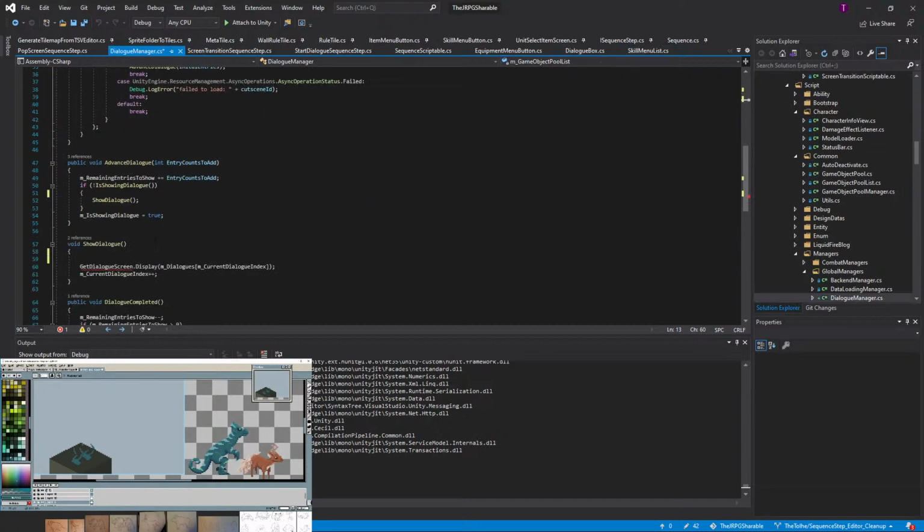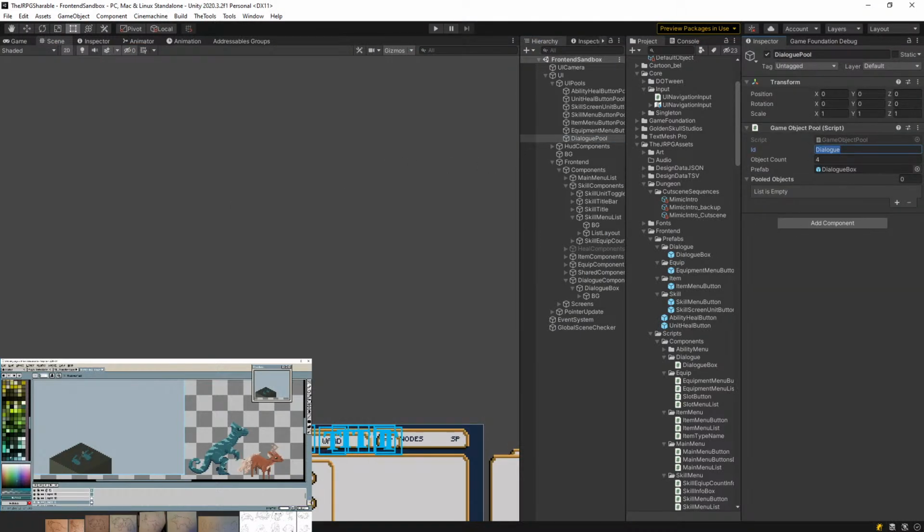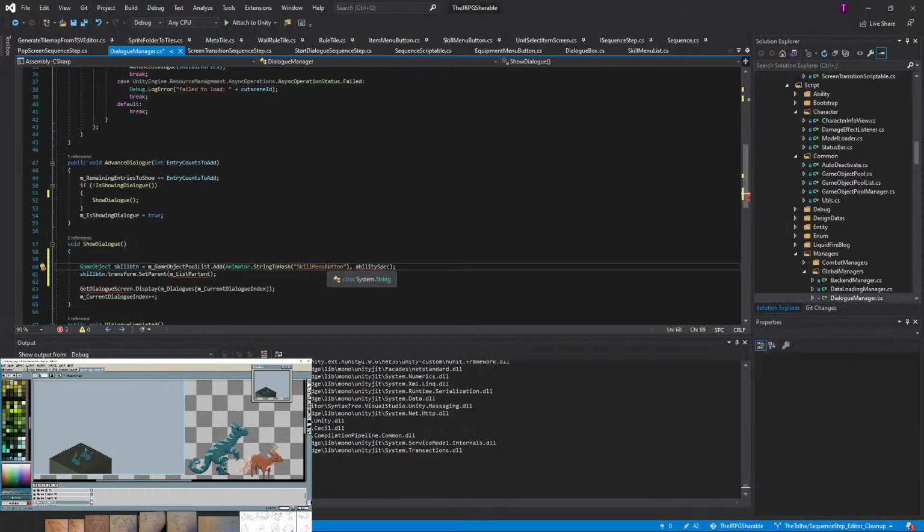This part, just this part. And then instead of skill button, what we're grabbing is dialog, which is the ID. So we're going to grab a dialog, passing in this as the dialog information we want to display on it. Oh, it's a string, but we don't have to pass it as a string. And then